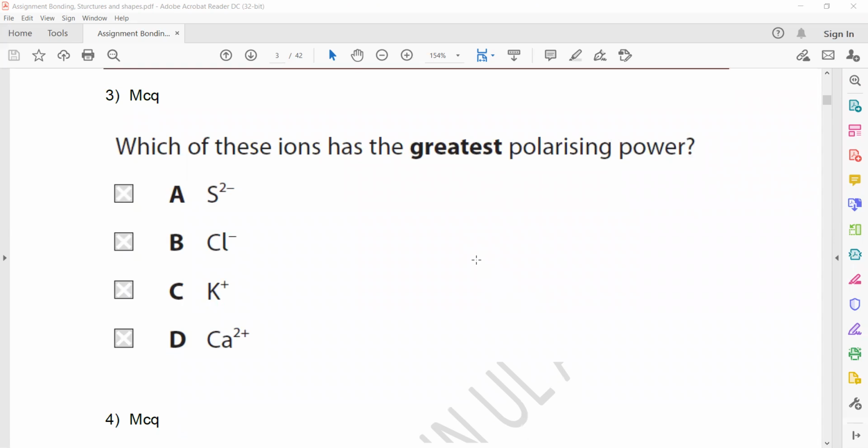In question 3, which of these ions has the greatest polarizing power? Polarization or distortion is the tendency of a positive ion to shift the electron density towards itself, that is simply known as distortion or polarization. And polarization depends on the size of the positive ion